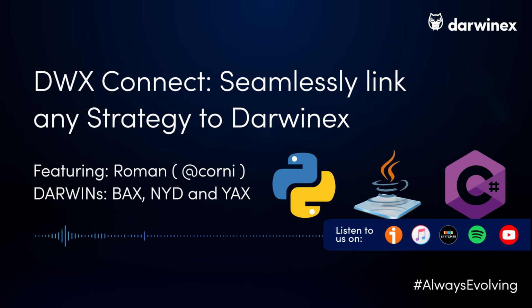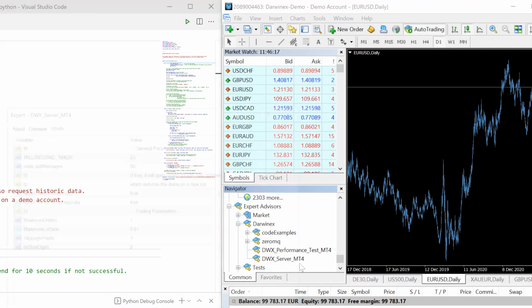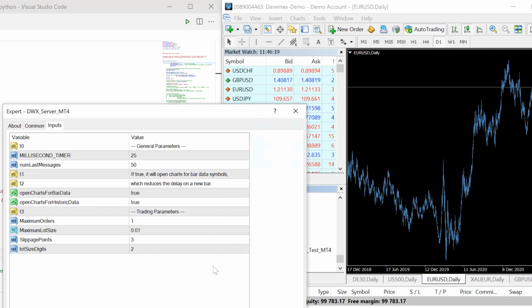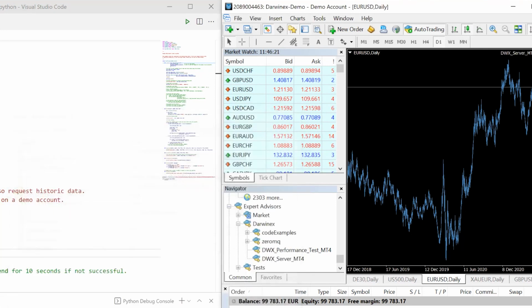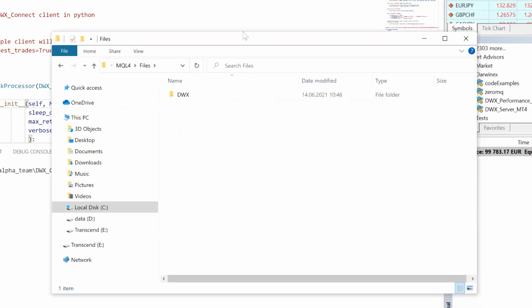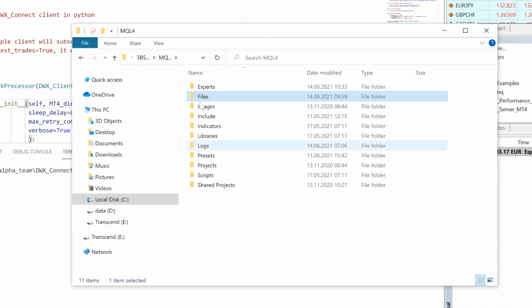Yeah, the basic idea is that we have a server EA in MetaTrader, and we can go through the input parameters later, but I just want to demonstrate what it does. Basically, in the files directory, it will create